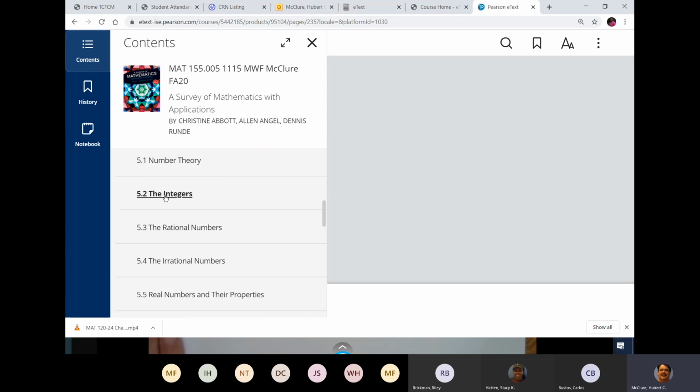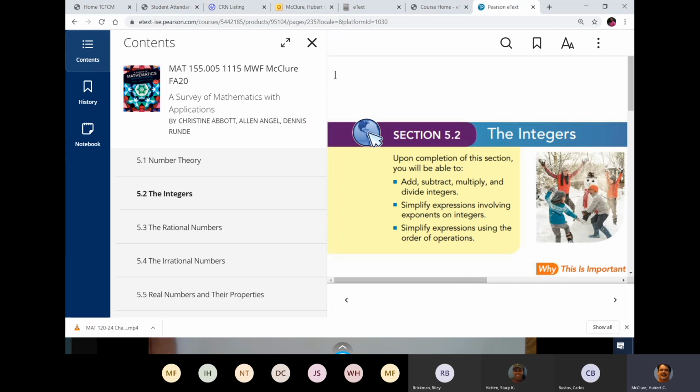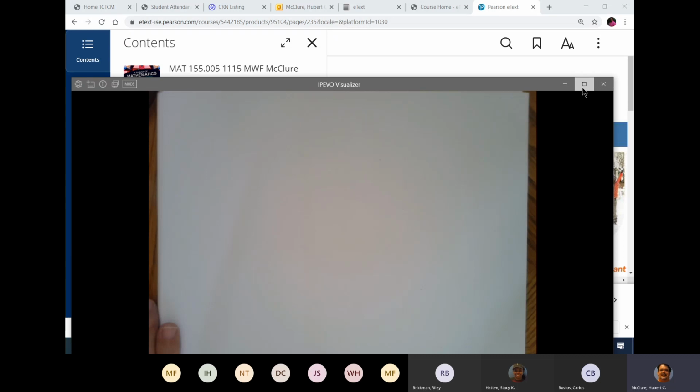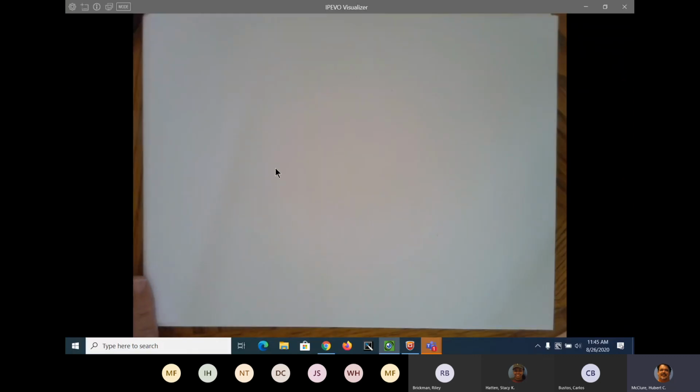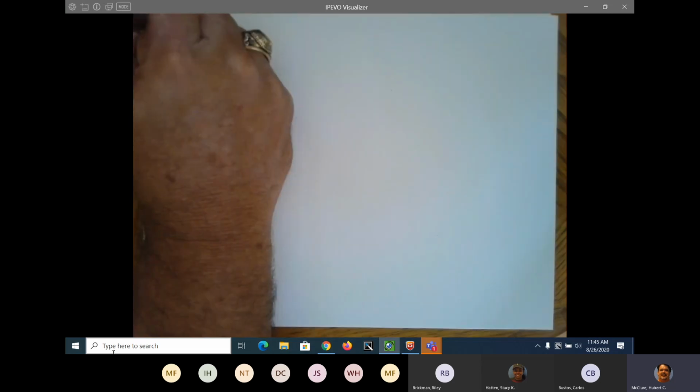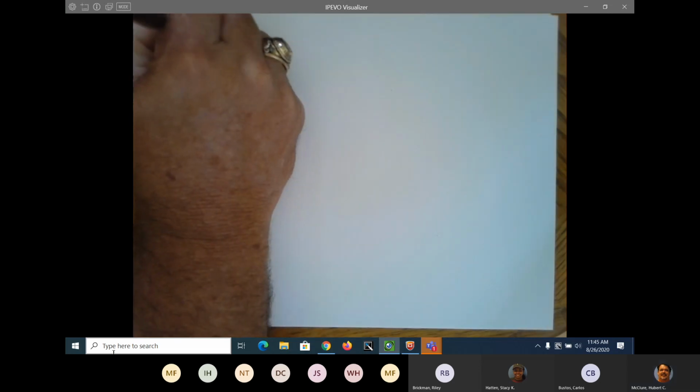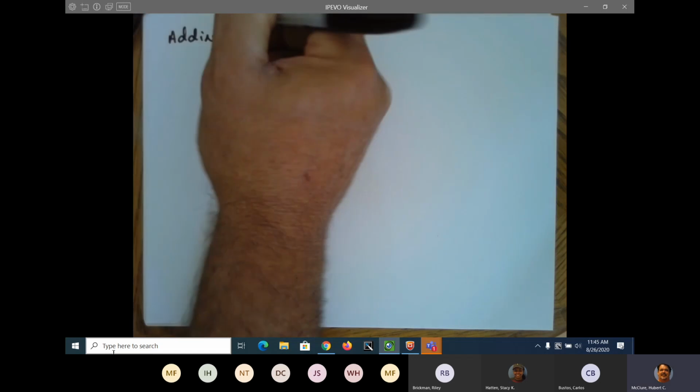Yep, integers. I'm not going to look at the book because I'm not going to use their rules. So we're just going to go straight to the document cam, and we're going to talk about the two difficult ones first, and that is adding and subtracting